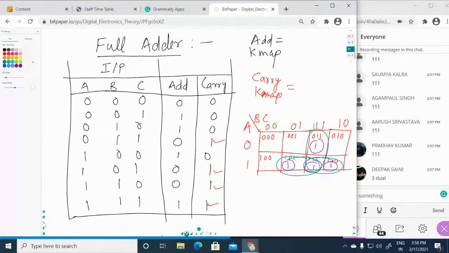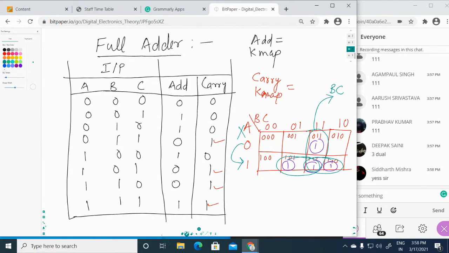So what is the output for this? As you can see, this A value is changing from 0 to 1, so we will not consider this value. So what is the output in this case? This is B and C. The output is BC. So all of you understand this concept: if any bit is changing from 0 to 1, we will not consider that bit.